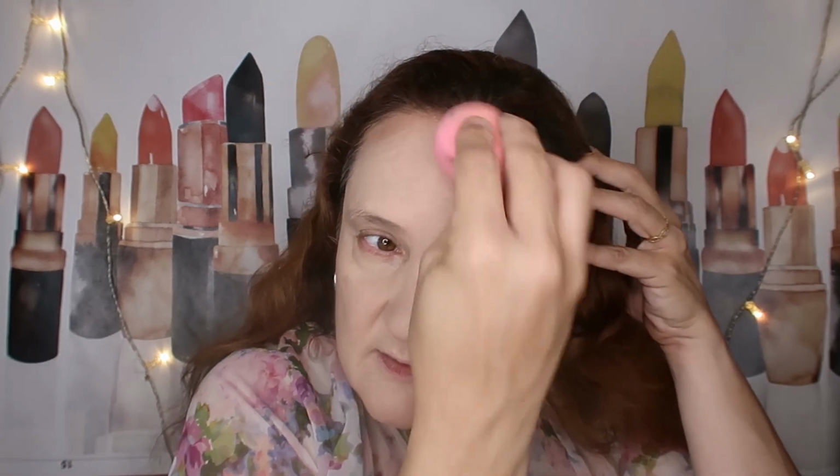I usually do not apply concealer, so I'm used to pulling my foundation up to my, oh god, I shouldn't have applied it on my lids, and I'll keep doing it because I already did, and I need to blend everything. But I usually do not use concealer every day. You saw how many concealers I have, but unfortunately the older I get, the less and less concealer I use, and that's why I rarely buy a new concealer,